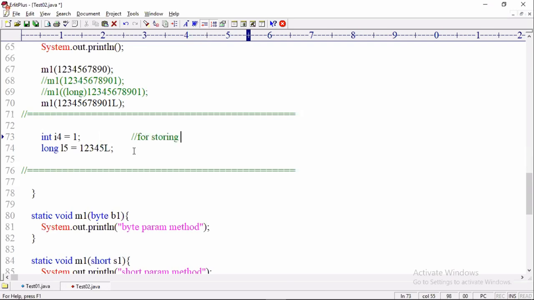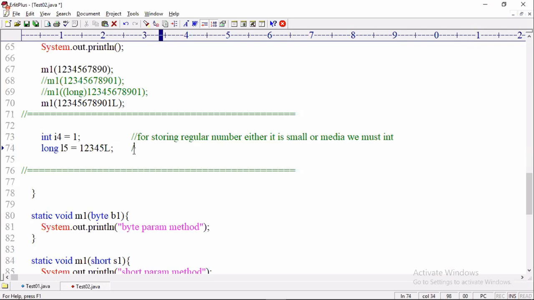For storing regular numbers, either small or medium, regular number means small or medium, whatever, we use int.